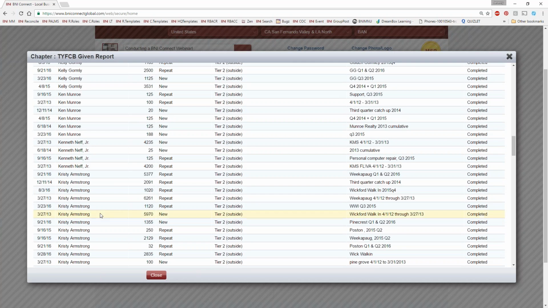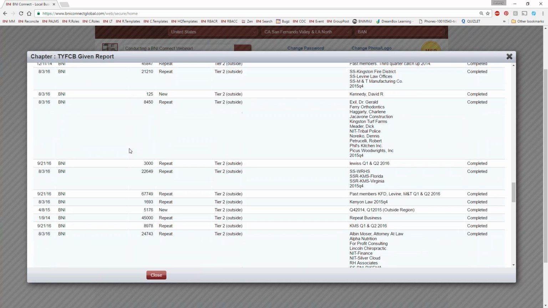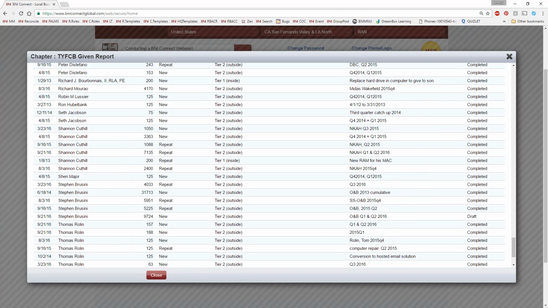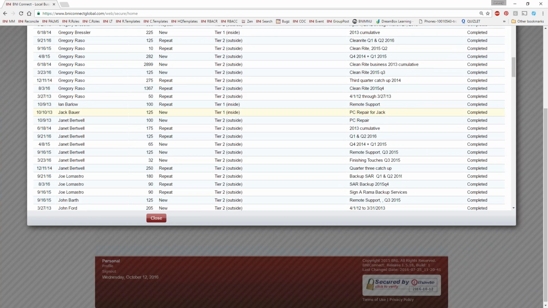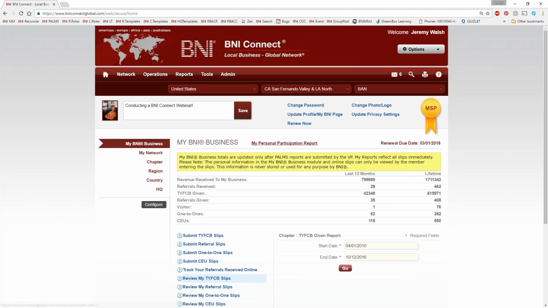And these are my givers. These are the people that I want to make sure I take out to lunch so that they know that I appreciate them and all the continued business that they give to me. And it's the same thing with the one-to-ones: not just how many one-to-ones you're having, but who are you having one-to-ones with?